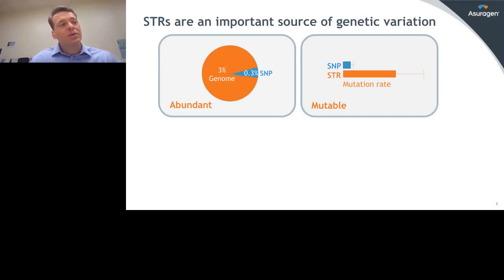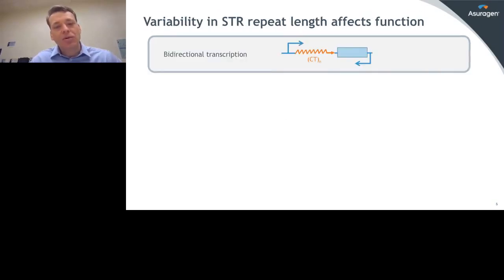And when we speak of function, we should also think about their potential roles in gene expression, because 20% of genes have at least one pure STR within about 1 to 2 kb of the transcriptional start site. So these repeating elements are poised in the regulatory regions of genes, which suggests they can have an important functional role in the cell and may have links to disease. So that's the general lay of the land, the demographics of STRs, why they may be important to pay attention to.